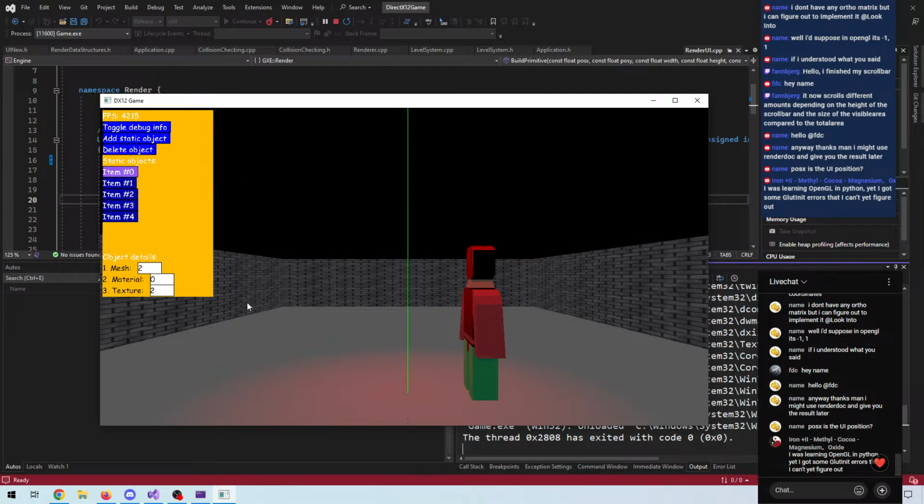Okay, I just realized when I don't select an object at the start, this buffer here has a pretty funny undefined behavior. Anyway,